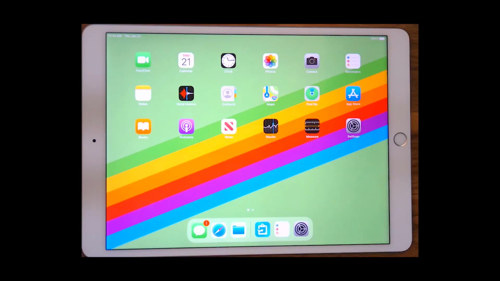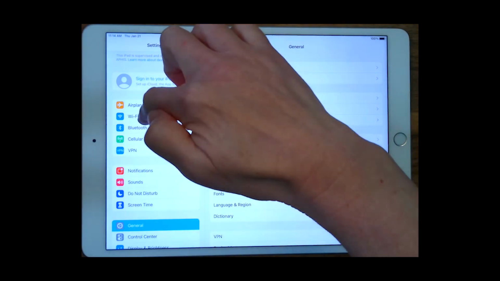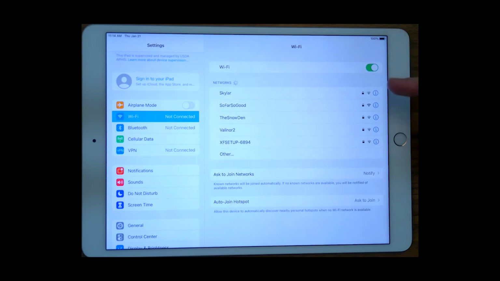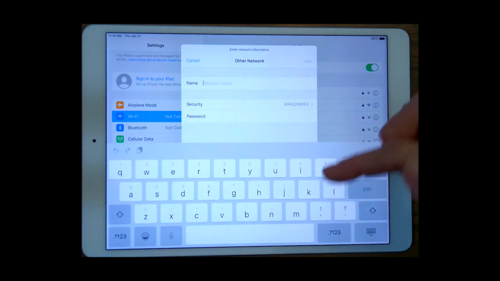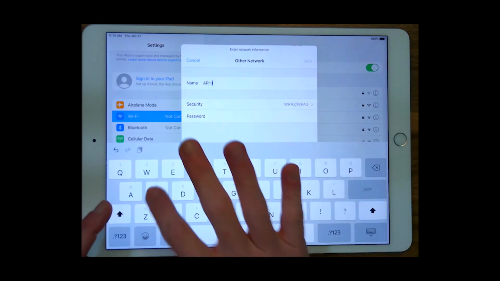To access your Wi-Fi connections or settings, you go to the Settings app in your iPad and choose the Wi-Fi menu from the left list of menus, and available local networks start loading. In order to join the APHIS network, though, this has to be entered manually under this Other option here at the bottom. So I'm going to choose Other and type in the name of the network, which is APHIS all